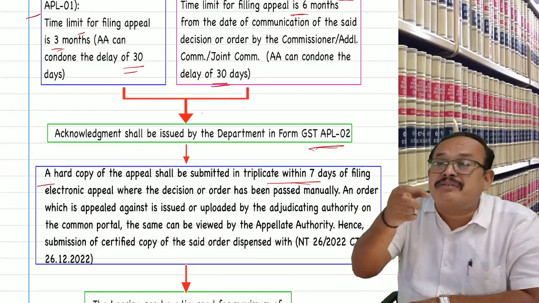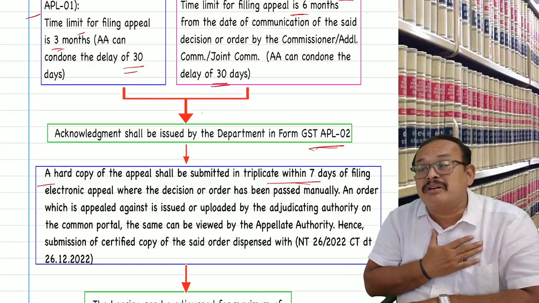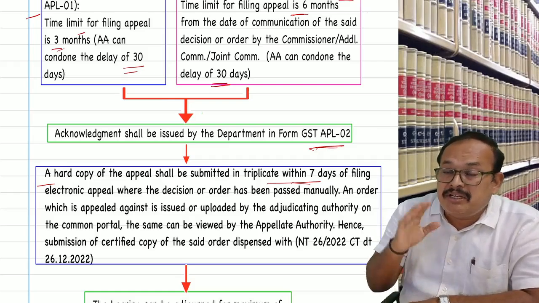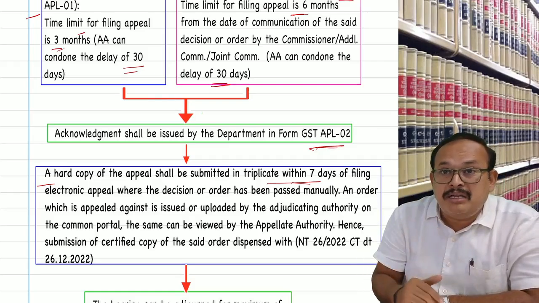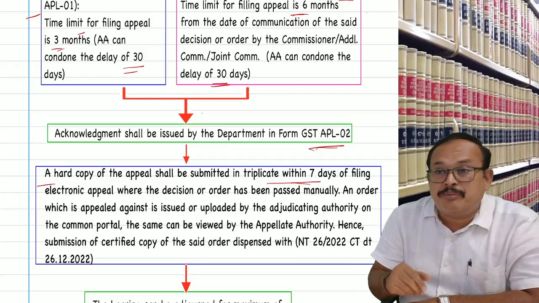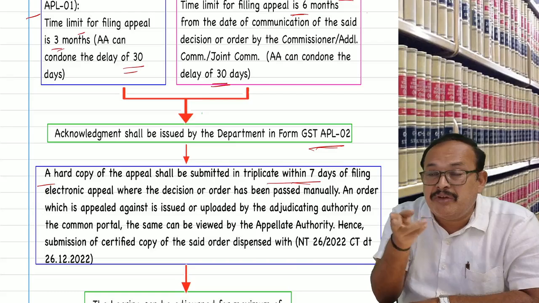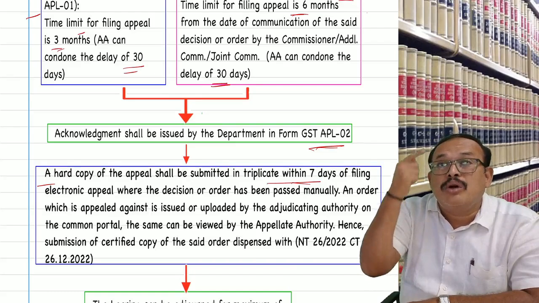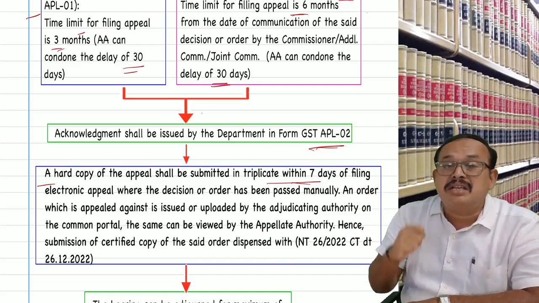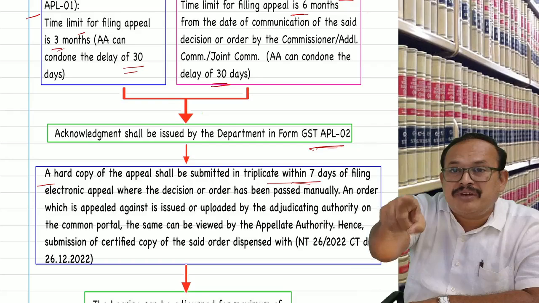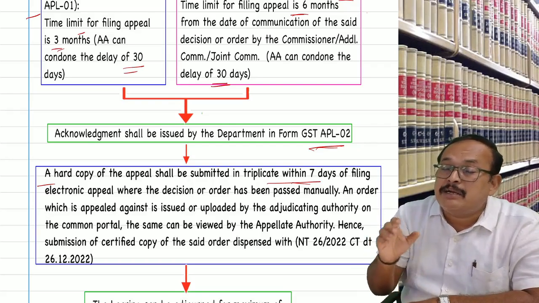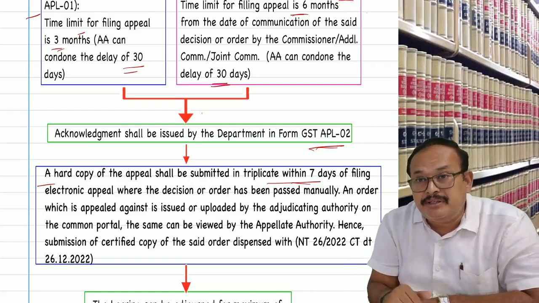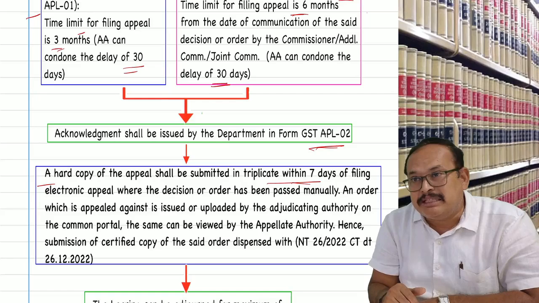Condonation of delay is not the right of the taxpayer. It is the power of the departmental appellate authority whether to condone or not to condone the delay. If the delay is not condoned, a time barred appeal cannot be entertained for hearing, and your appeal does not qualify at the lower forum itself because of being time barred. You cannot go and file the appeal in the GSTAT, as it cannot be considered by the higher appeal authority. The only option is to file a writ petition in the High Court.